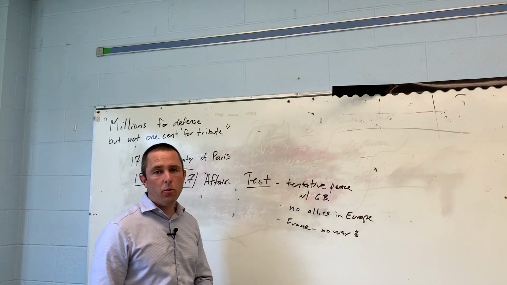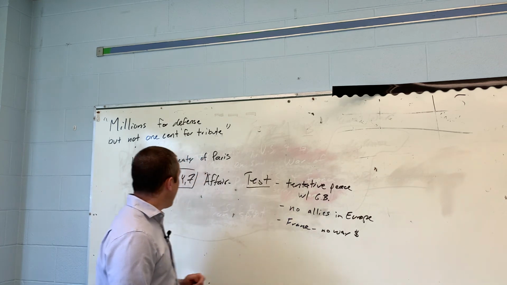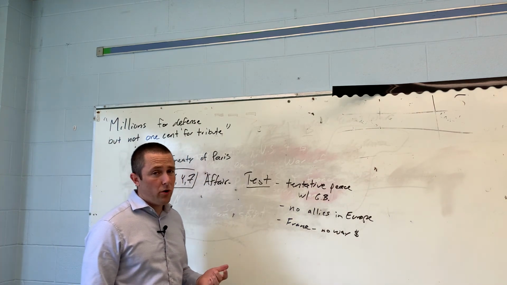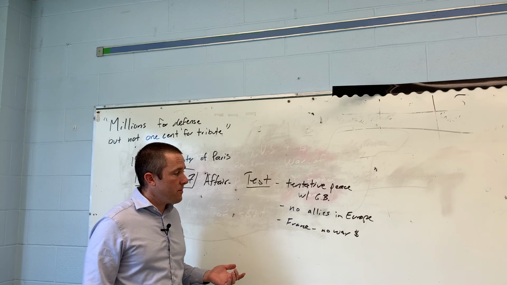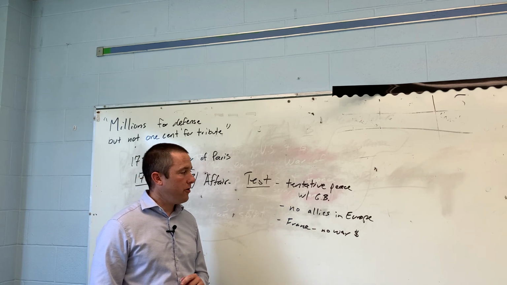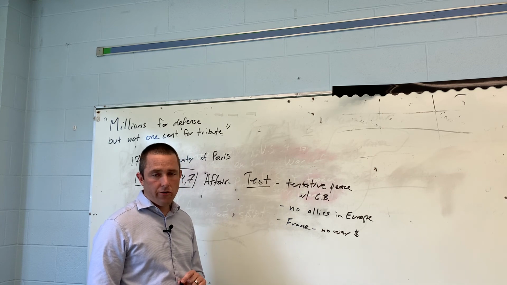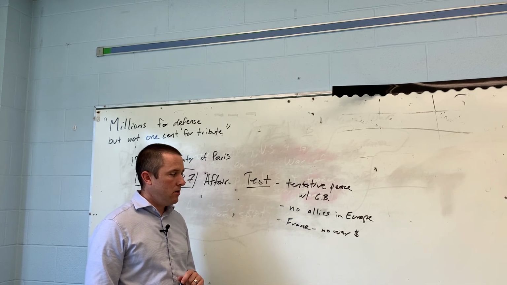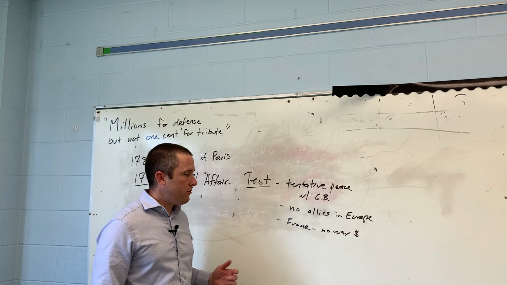We have a very weak peace with Great Britain. So weak that in 1812, we go to war with them. Less than 20 years later, 15 years later. We have no allies in Europe. We are not allied with Russia. We are not allied with Austria or Prussia. Spain is